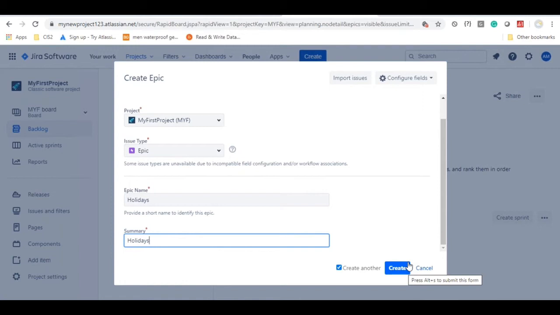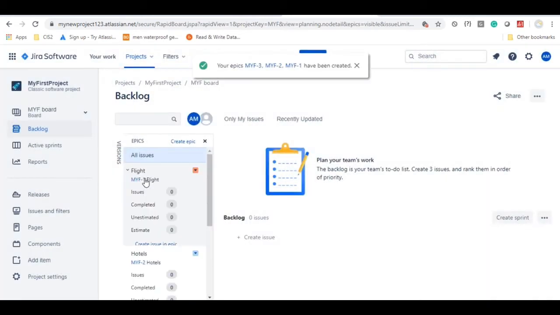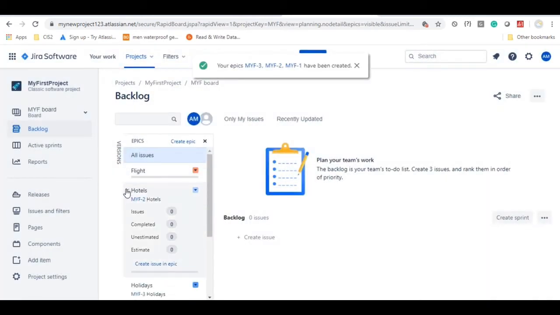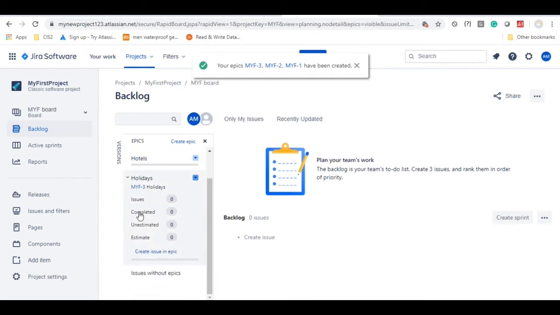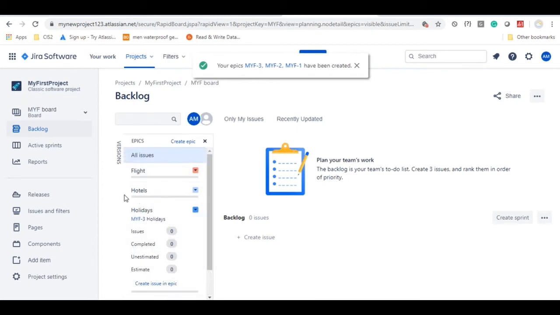Instead of that, whenever you create a user story, if you immediately link that user story with an epic, then later you can just select a particular epic, filter the requirements or user stories, and start working on it. So that's the only reason we are creating the epics here. So I'm unchecking this checkbox and then clicking on the create button. You can see all three epics are now visible here, like this.